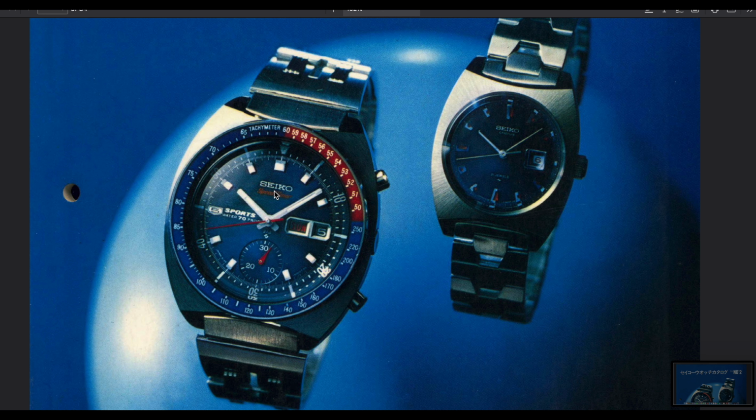All of these are dummy watches. They don't have movements in them. They're the salesman sample ones. But it should be straight up and down. Boy, though,